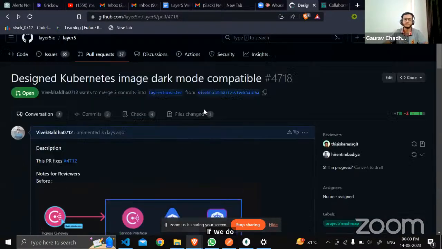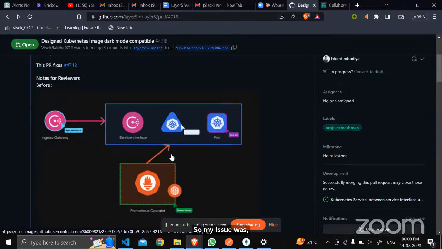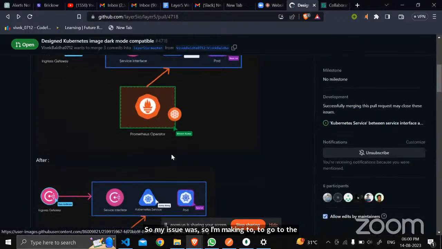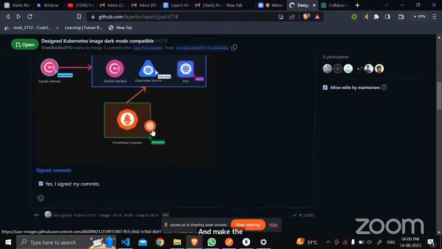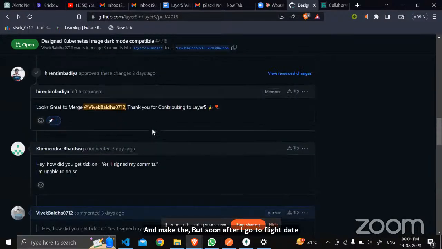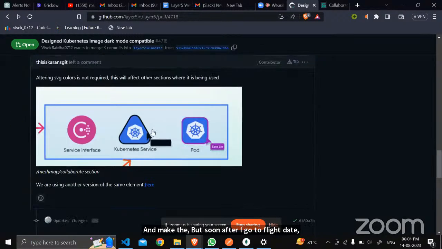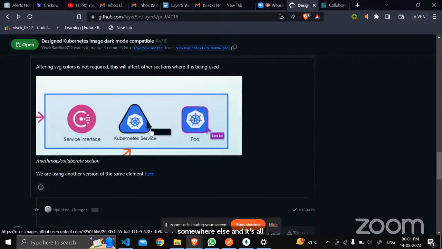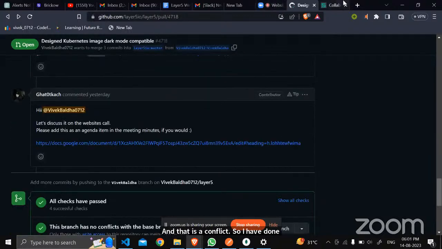My issue was making the logo of Kubernetes dark mode compatible. First I made some changes in the SVG file and made the logo dark mode compatible in the navigation menu. But soon after, I got a reply that my logo is used somewhere else and there is a conflict. So I did conditional rendering, and now it works fine.